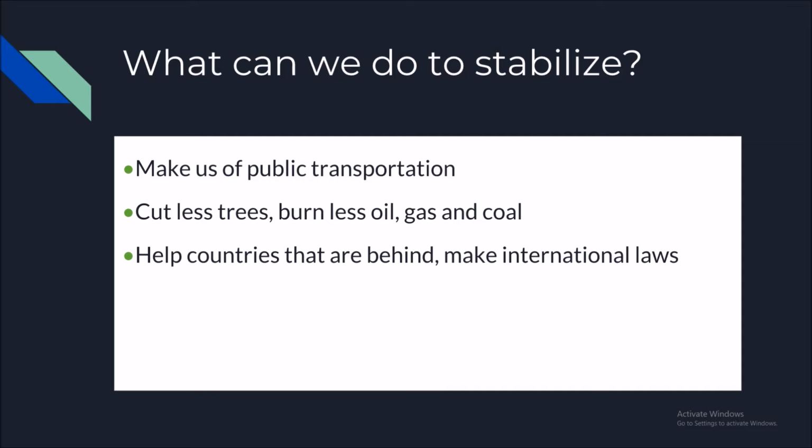You can cut fewer trees, burn less oil, gas and coal. We have to find renewable energy, like solar panels maybe, batteries. We have to use less of the non-renewable energy sources and more of the renewable energy sources, like solar panels and so on. And we also need to go together as a nation. The whole world has to make international laws, basically. Some countries are still behind. They cut down more and more forests, use a lot of industry, burn oil, and so on. We basically need to go together as a nation and